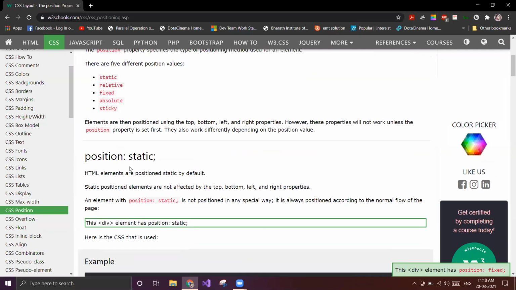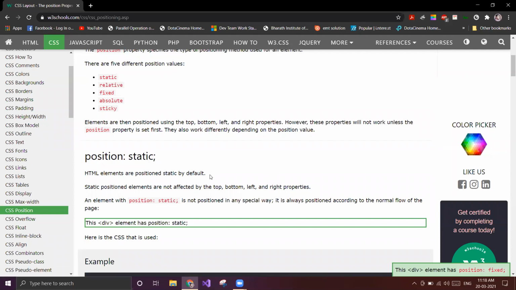First one is position static. HTML elements are position static by default. When we don't apply any position styling, the element is position static by default. If I have elements like h1, p, div, all of them will have position static applied.